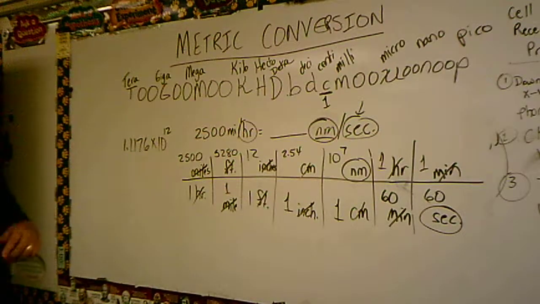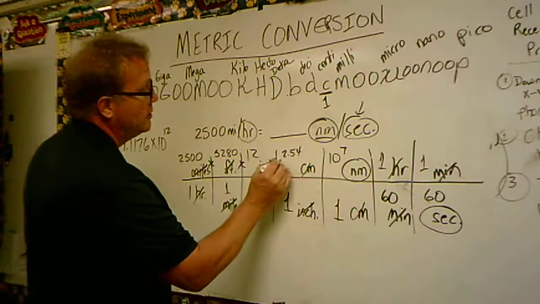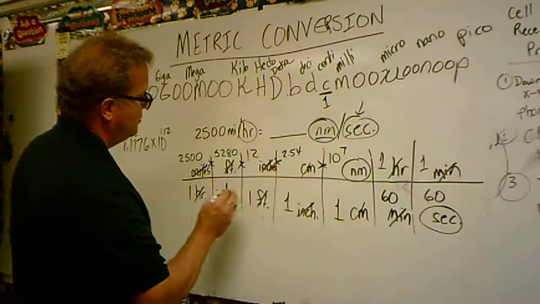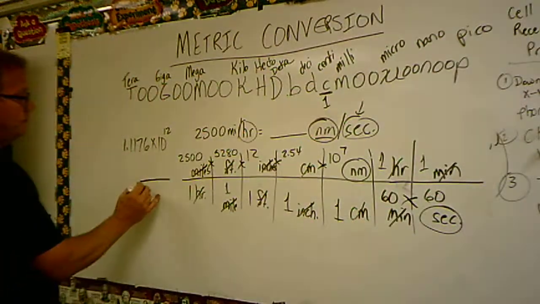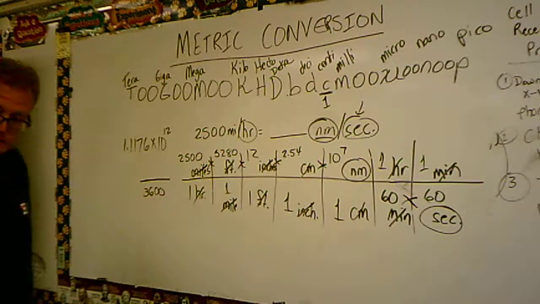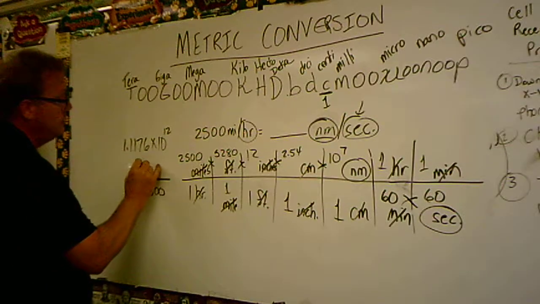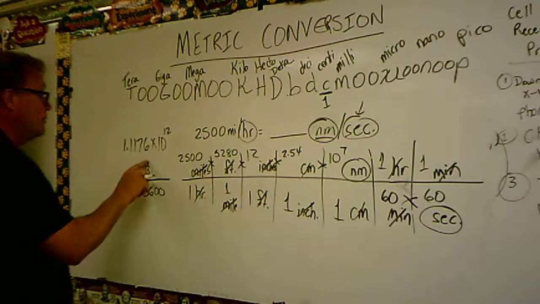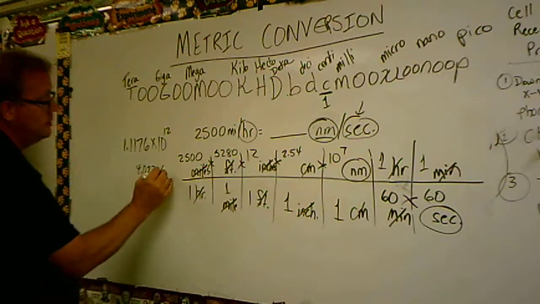So again, just remember, this is multiplying all these numbers together, drawing a line, and then multiplying these two numbers. That would go at the bottom. And my other number, which is 4.02336 times 10 to the